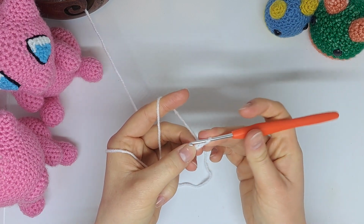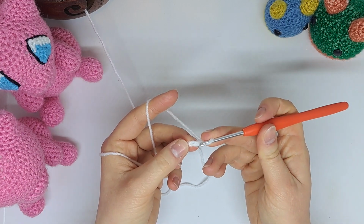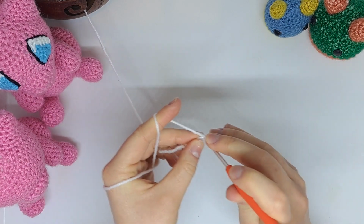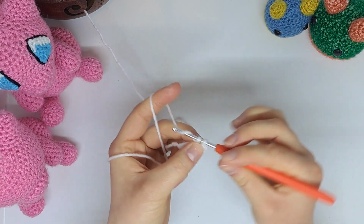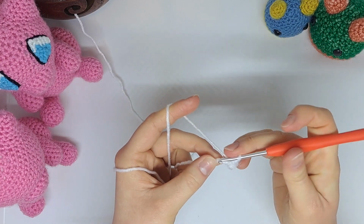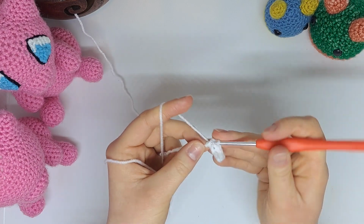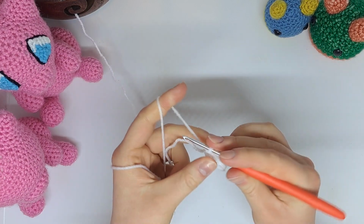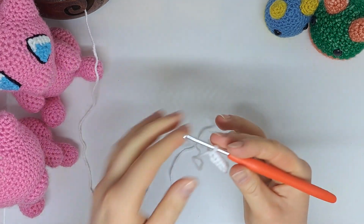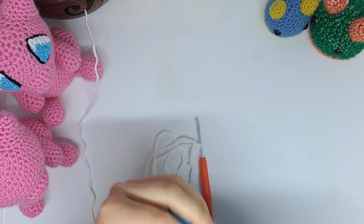Now we're just going to single crochet into the second loop from the hook and work all the way back down for a total of 5 single crochets. Okay, so this is the side of the eye, and this is where it might get a bit tricky, so I'll do this as slowly as possible for you. So we're going to want to take up our blue,